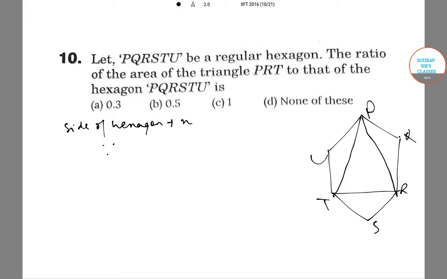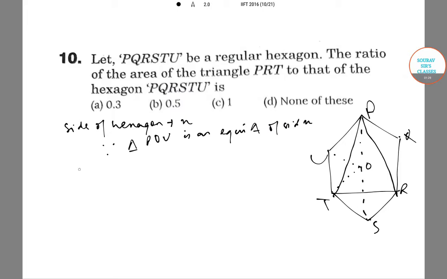Now since triangle, and let us join the points PS by a line, and let the center of PS be O. Let us join UO and UT. Then triangle POU is an equilateral triangle